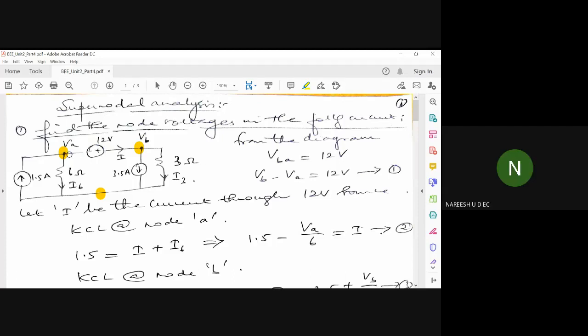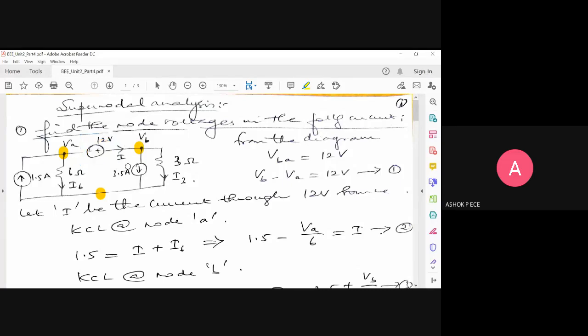Sir, can you say one more time, sir? See here, normally between nodes you will be having passive components or resistance only. Most of the problems you would have seen, you will be having mostly resistance between the two nodes. Without the resistance, these two nodes will become a single node, correct? Node means, I told you, it has to have three branches. So VA and VB are two nodes having three branches, and between the nodes, if you have a voltage source, these two nodes are called super nodes, and you have to analyze them using super nodal analysis.